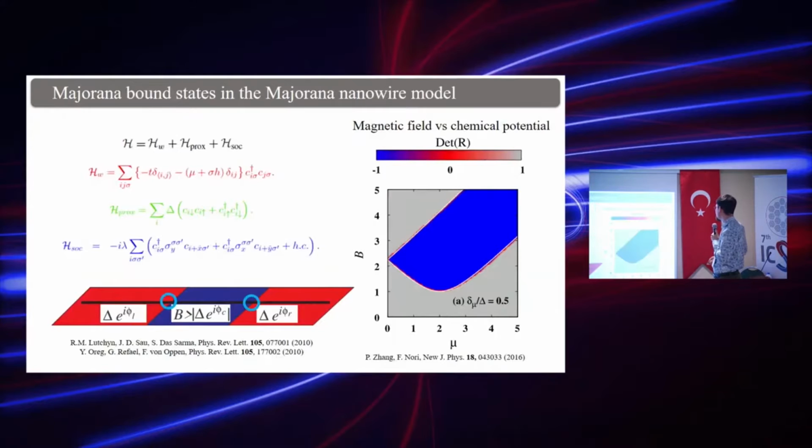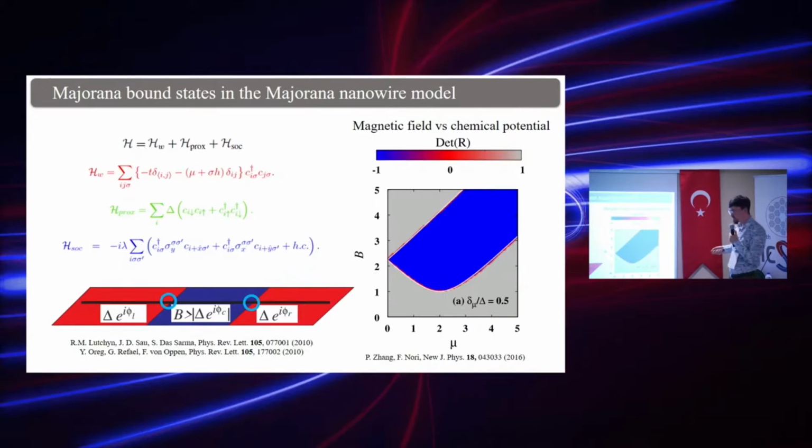So, in the case of the actual creation of the system, we have a Hamiltonian that consists of three parts: the kinetic part that has hopping, chemical potential, and magnetic field; proximity-induced superconductivity; and spin-orbit coupling in 1 or 2 dimensions. And this model was first used in 2010, and from this we can obtain such a diagram